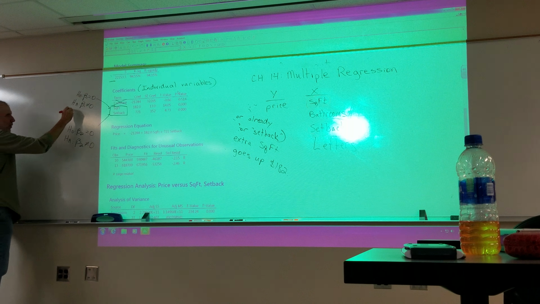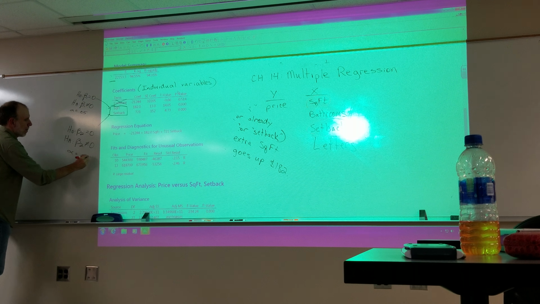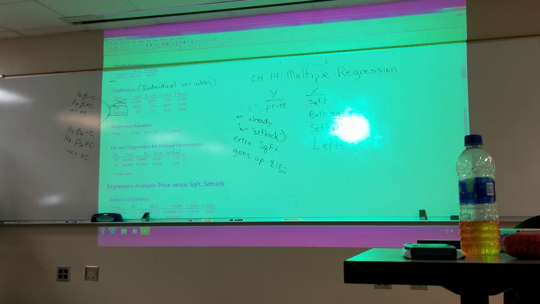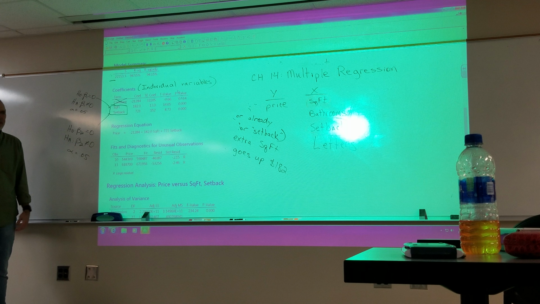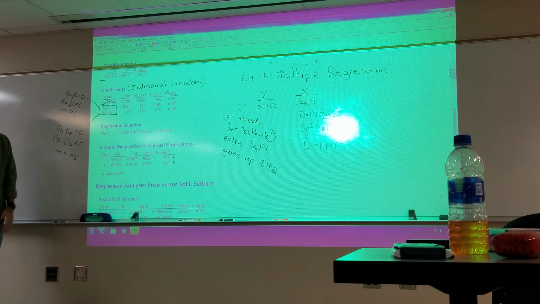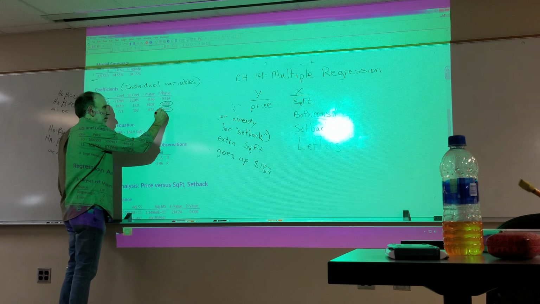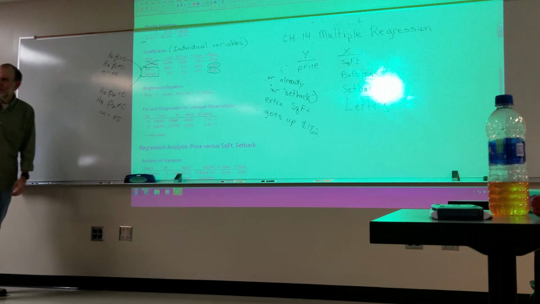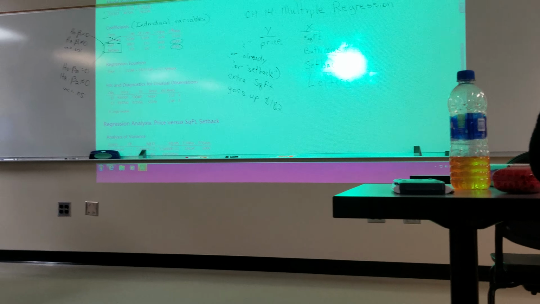And if we're testing both of them at 0.05, let's say, again, I'm not going to drag you through 7 steps. We're to the point now where I think you can do this without 7 steps. What do we really need to test these two to see if they're significant? The p-values that go with square footage and setback. So really, all we need are those two p-values. So based on this coefficients table here, and those two p